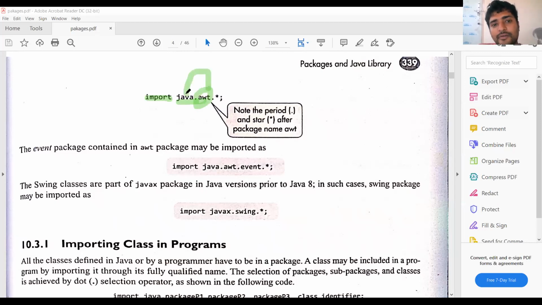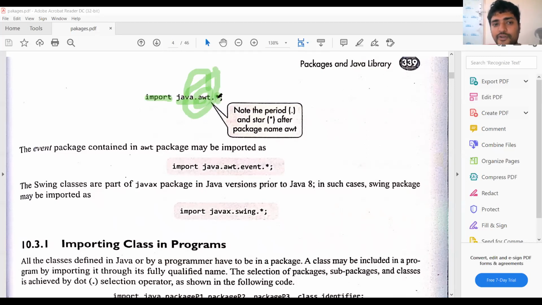Java is a package which consists of awt as a sub-package. The asterisk means we are going to import all the classes from AWT.